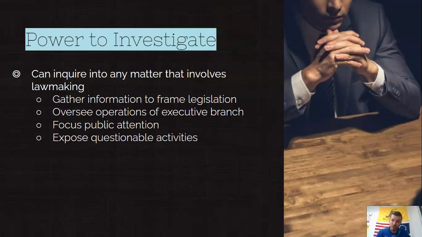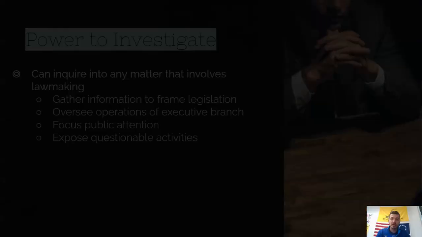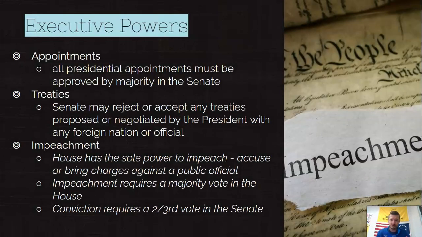Again, this is one major way that they keep the executive branch in check, because since the president enforces all the laws, we want to make sure that the president is enforcing the law appropriately. Okay, and then they can also focus public attention and expose questionable activities. In general, they don't have a whole lot of power. They have the power of impeachment that I'll talk about next, but it's harder for them to operate without making the public aware of what's going on. So that's really an important part of their job. They can investigate any wrongdoing and then take action if necessary. And that action will be impeachment that I'll talk about on this slide.